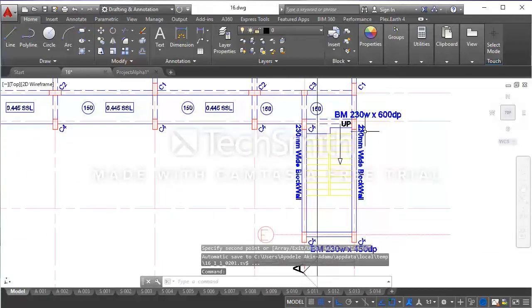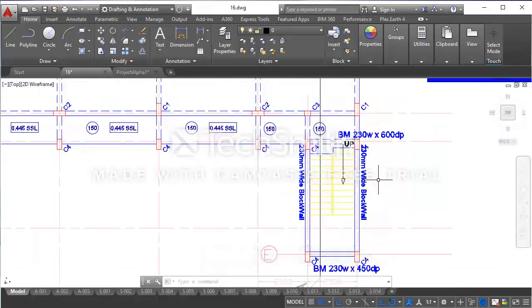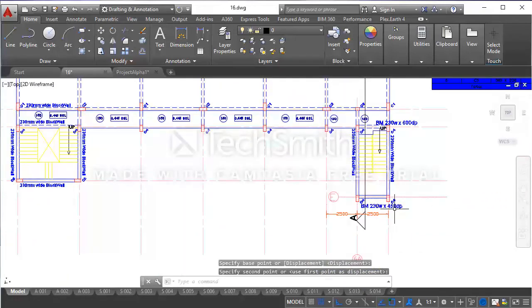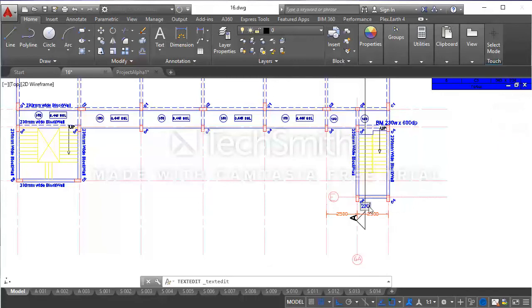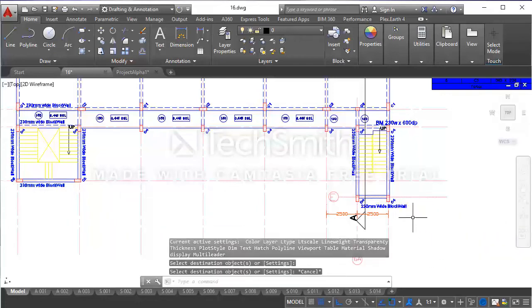We have some interference here, overlap of the column label and the foundation wall label. So I'll move the text downward a bit. Okay. This I will edit to 230 wide block wall, and I will apply match property to reduce the text height to 250.